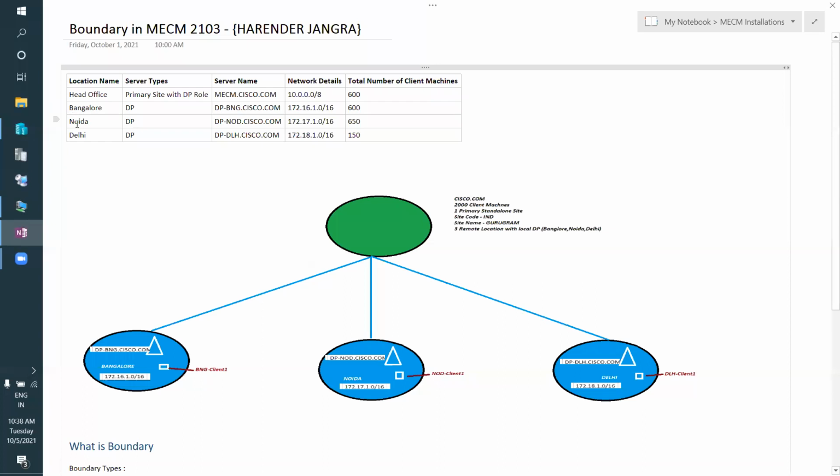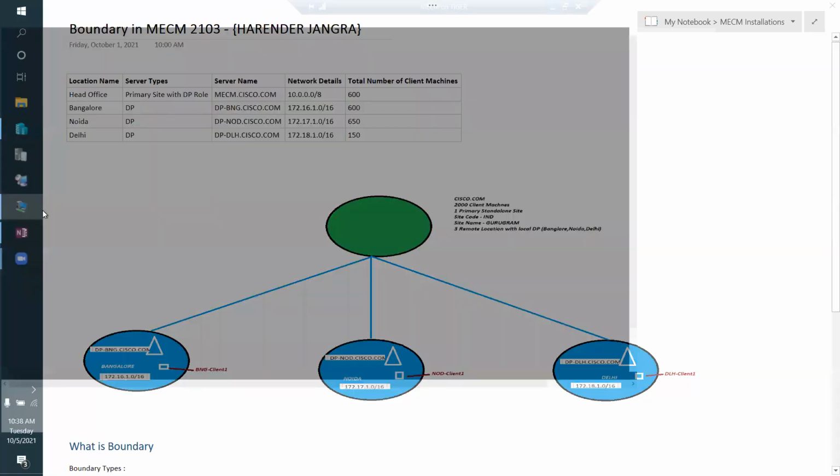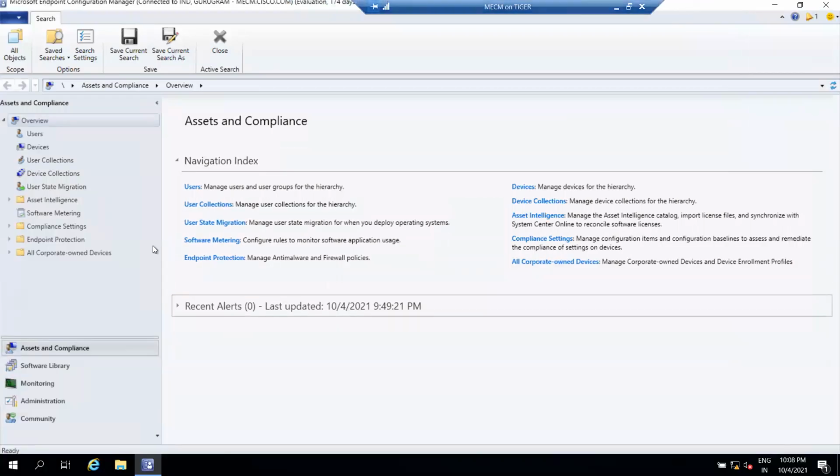So let's do this practical. We don't have these three remote locations practically, but we can create boundaries based on this, and let me show you. This is my SCCM server. So how can you create a boundary? Go to Administration,